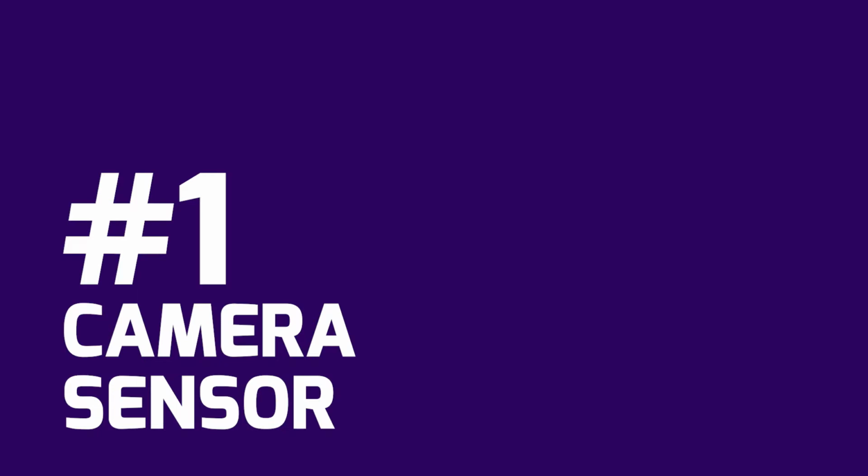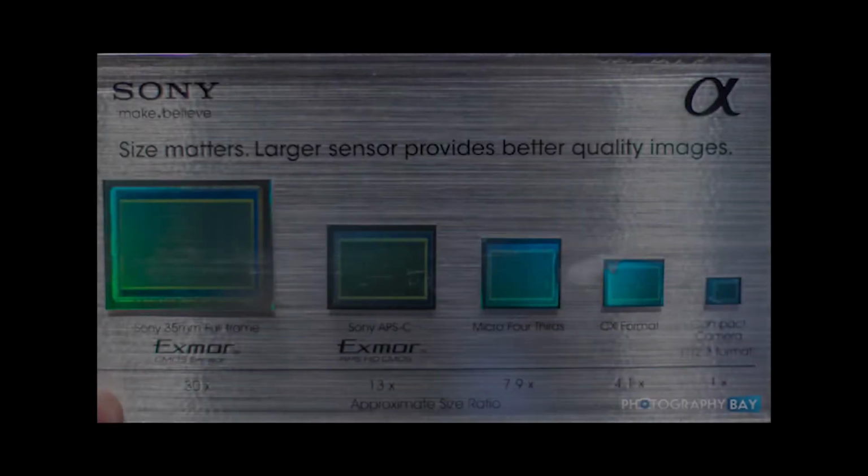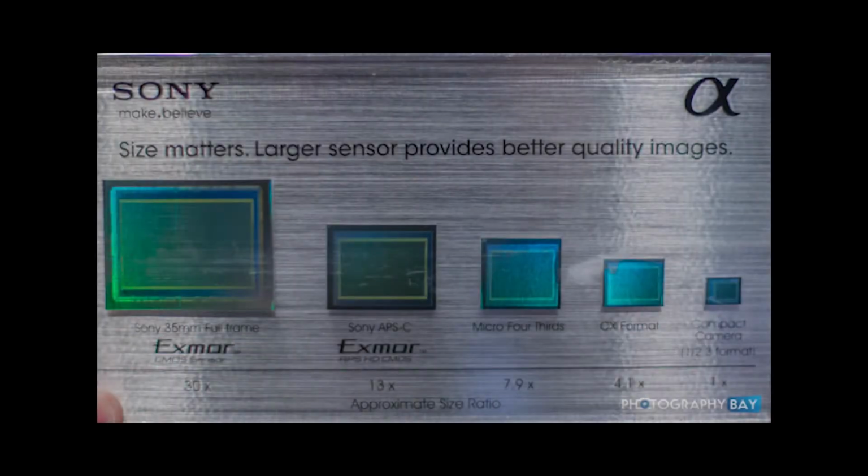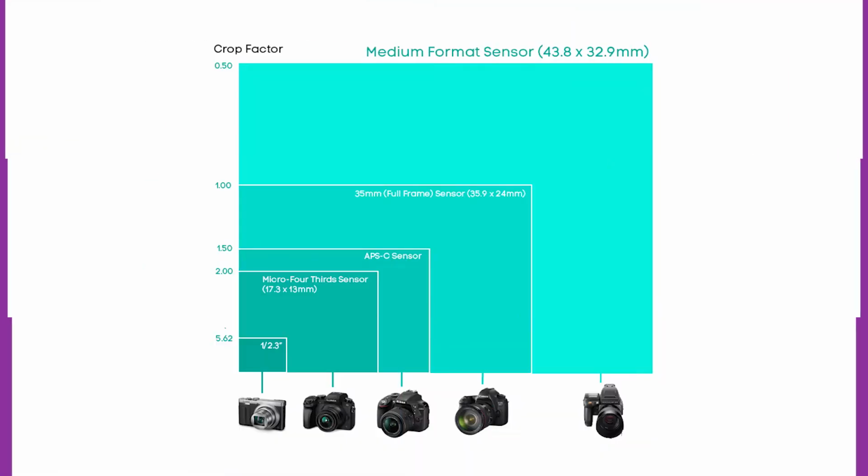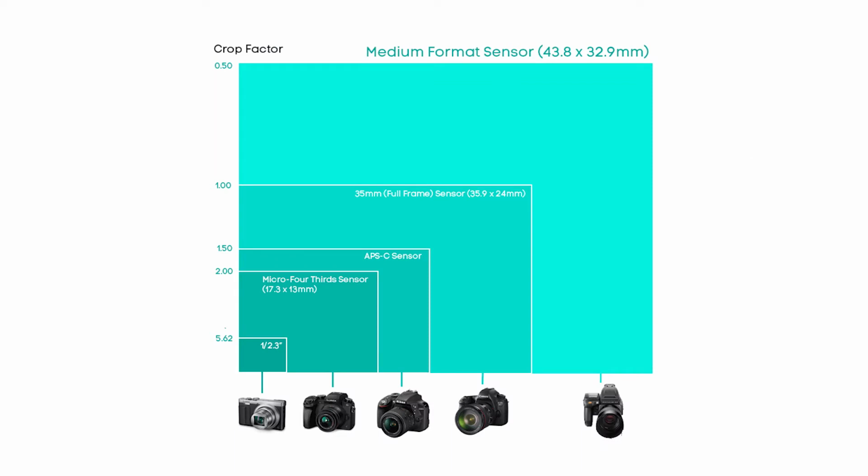Number 1, your camera sensor. A camera sensor is the number 1 factor that dictates the quality of your visuals. If you have a bigger sensor, the better the quality of your image that you will produce. And this is also why some cameras are more expensive than others. There are some camera sensors that could go as high as $20,000 to $30,000, and then you keep going down